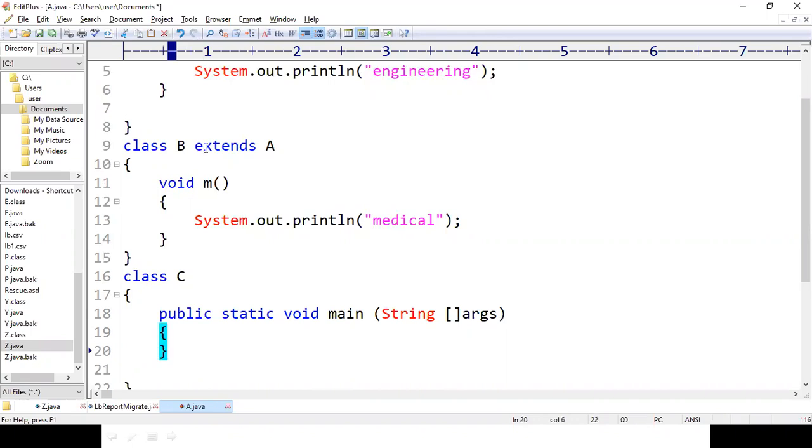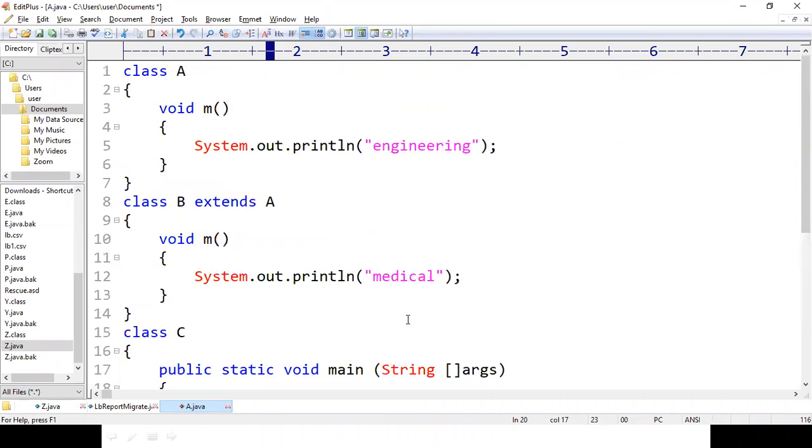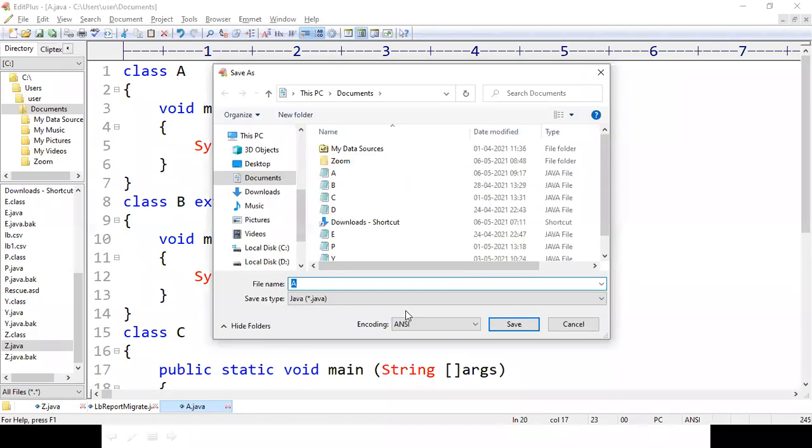Inside the main method, I'm going to create an object for class B, B obj equal to new B, and call the method obj.m. Let us save the code as C.java, because the main method of the program lies in C.